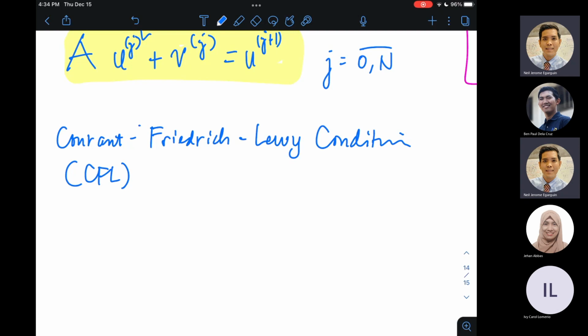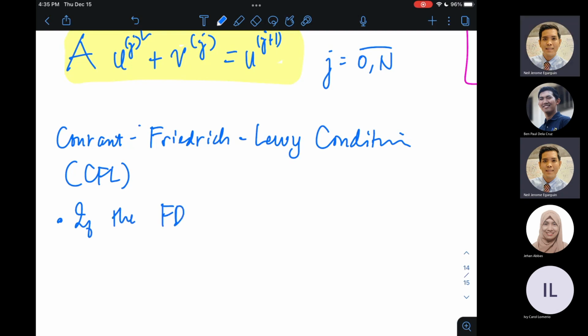So medyo magkaiba kapag explicit o kaya implicit yung FDS mo. Nakadepende din siya kung anong klaseng equation yung meron ka, kung elliptic PDE yung meron ka, kung parabolic yan or elliptic yan. Iba-iba yung CFL conditions, right? But just remember that CFL is not necessary and sufficient, it is just necessary. So hindi siya sufficient. Meaning, if